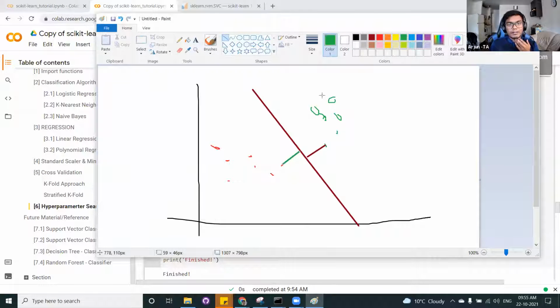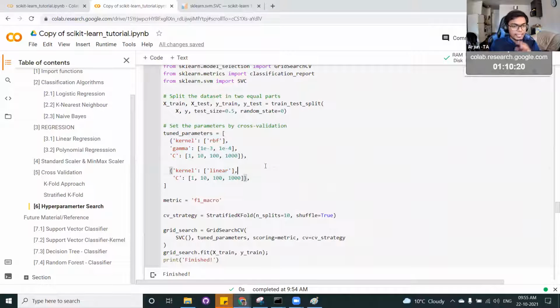However, if I draw a line here in a different color, you can see the margin is very small, whereas here the margin is very high. This is almost similar to a linear classification, however it tries to increase the margin so that it provides better generalizability.